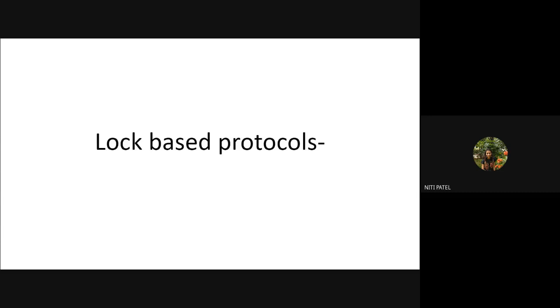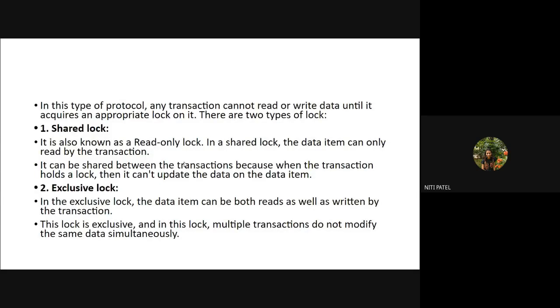If you want to perform any read or write operation on any data item, let it be A, B, C, or D, you should first acquire a lock. That means you have to reserve it for use. That is what acquiring a lock is. If that lock is granted, then only you're supposed to use it.